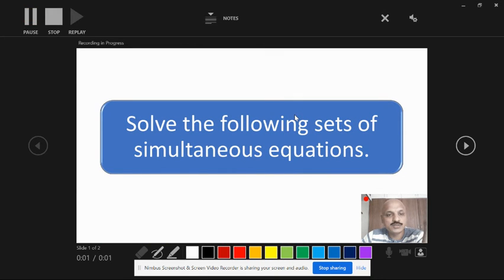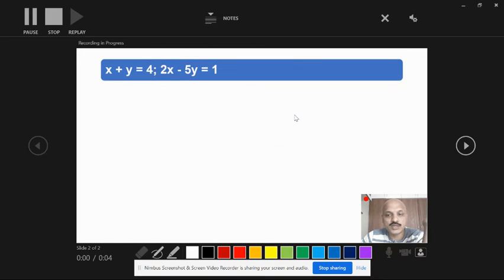Good afternoon, students, and today we are going to learn about simultaneous equations. Let's see what equations we have. So today we have two equations given. That is, first is x plus y is equal to 4, and second is 2x minus 5y. You have to press your mouse button to get these things going, and this is how you can record your entire conversation with students. You can stop it here.